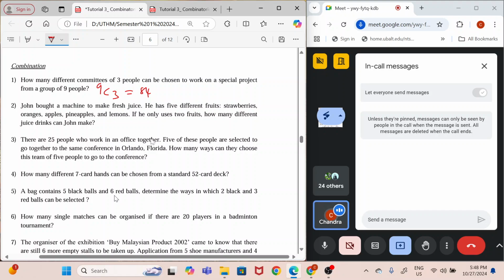John bought a machine to make fresh juice. He has 5 different fruits. He only uses 2 fruits. How many different ways? So 5C2 is 10. 25 people work together. 5 of these people are selected. So 25C5, that would be